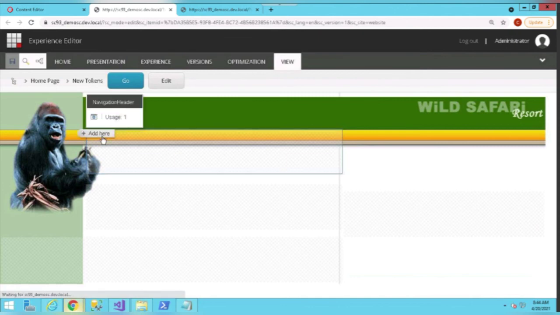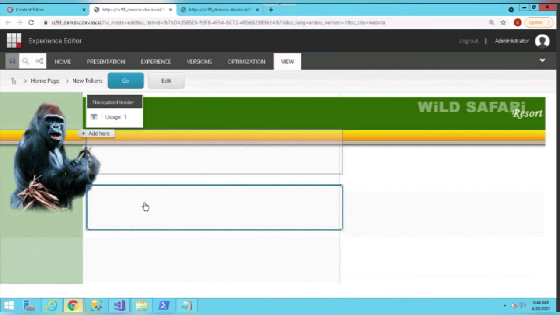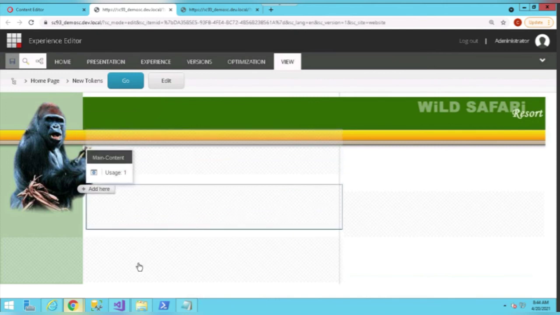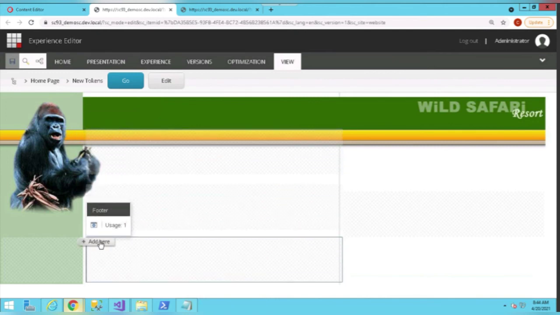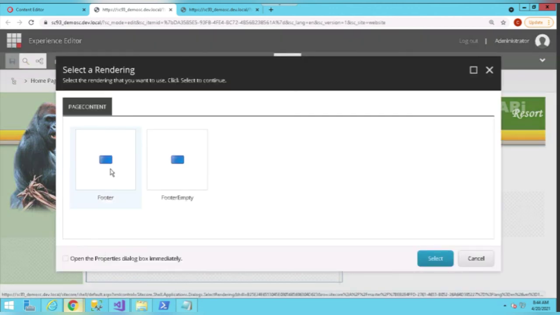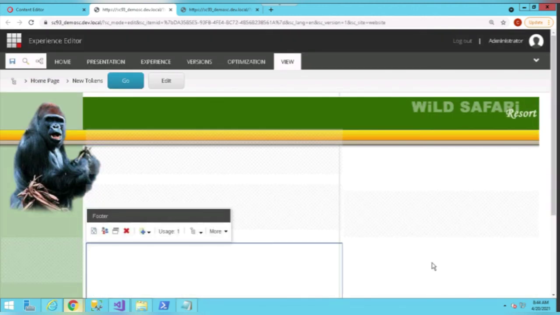This is the navigation header, this is the main content, and this is the footer placeholder. Let's click on Add here, and we have only two options, so we can select only from these renderings. Among these renderings we can select footer or anything. It is empty because I didn't install any code in that rendering, so it is footer empty.